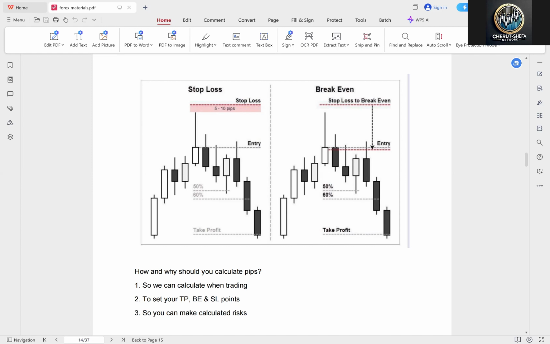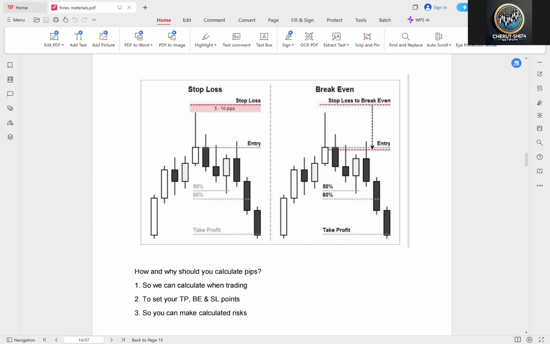And also, break even gives you psychological relief. It allows traders to manage their emotions and then focus on maximizing profit. The moment you set your break even, you know that this very trade cannot end in loss. So that is what the break even